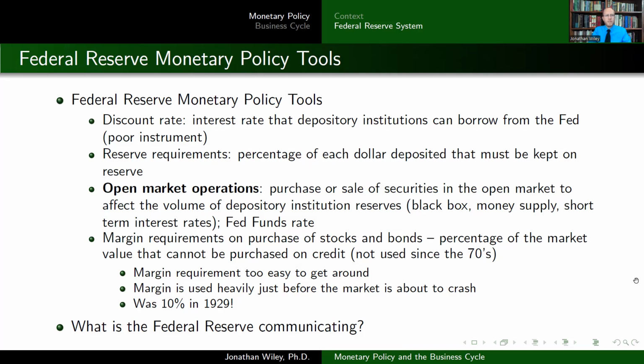If the Federal Reserve wanted to have less money floating around in the economy, what they could do is boost the reserve requirement and basically say, okay, now financial institutions like these banks have to keep more on reserve. They cannot lend as much out, and therefore fewer people are going to be able to borrow. There's going to be less money available to borrow. If they do borrow, it's going to be at a higher rate because they're competing more for those funds, because there's not as much money available because banks have to keep more in reserve. So if the Federal Reserve increased the reserve requirement and shot that up, it would tend to contract the money supply that's available for borrowing and spending,